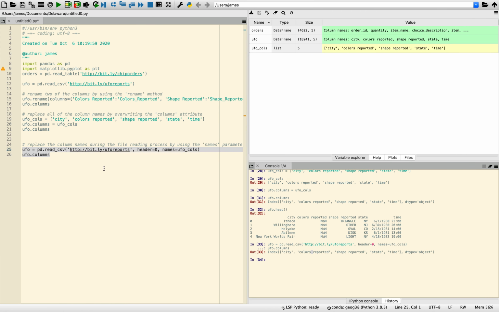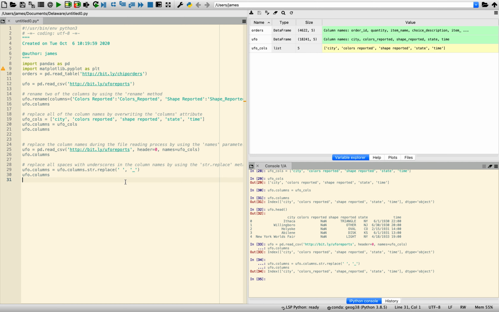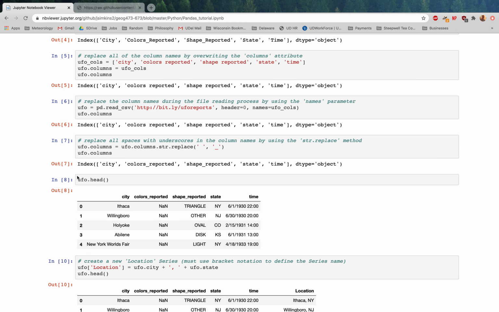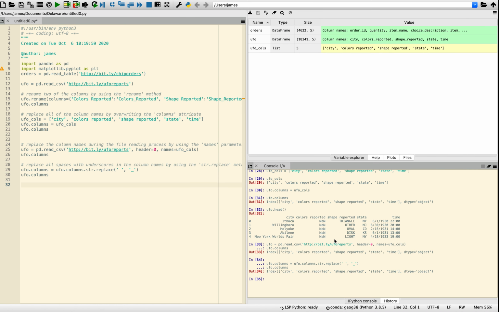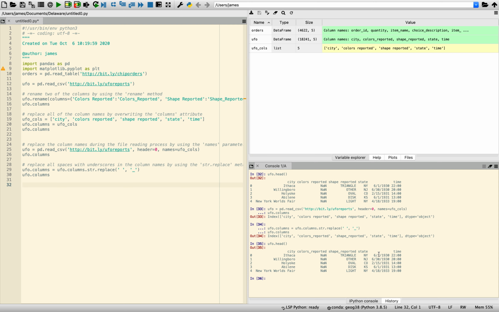So now, if I go ahead and come down here and run this, now my UFO columns finally have these underscores, just like that. And so this is just another way. The reason I'm showing you all this is because even within Pandas, Pandas is such a do-it-all package, there are so many different functions within Pandas that there are multiple different ways, even within the same package, to accomplish something. So now when we run UFO.head again, just to print out the first couple lines,